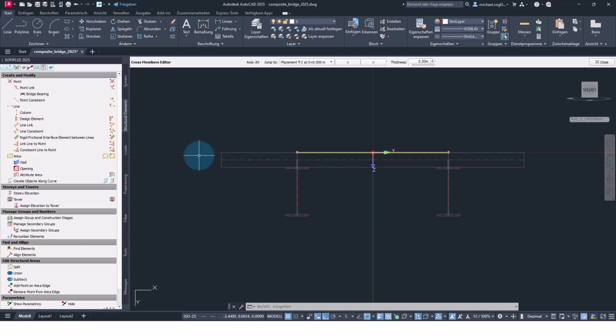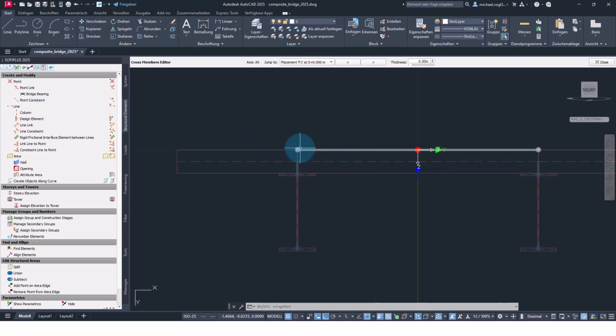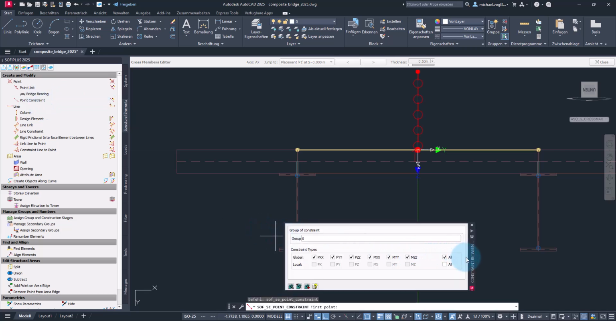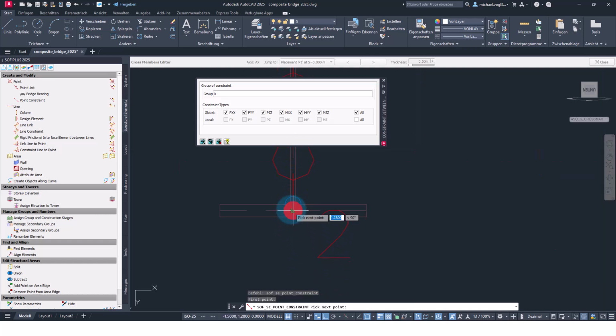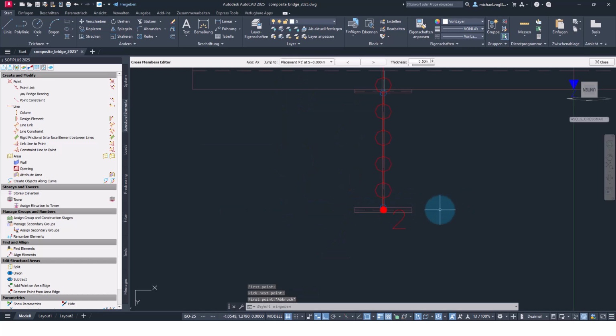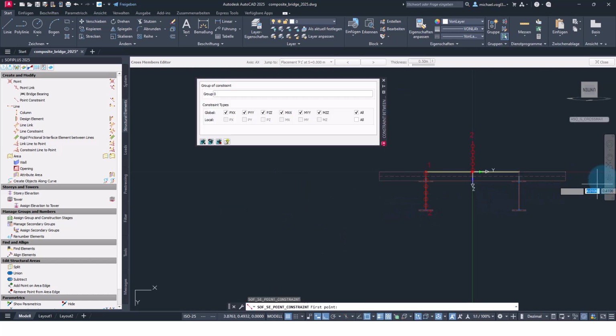And the first thing I would like to do here is to create a point constraint from the nodes that constitute the main girders to the position of the bridge bearing. So I create a point constraint from the top of the section to its bottom. Same thing on the right side.